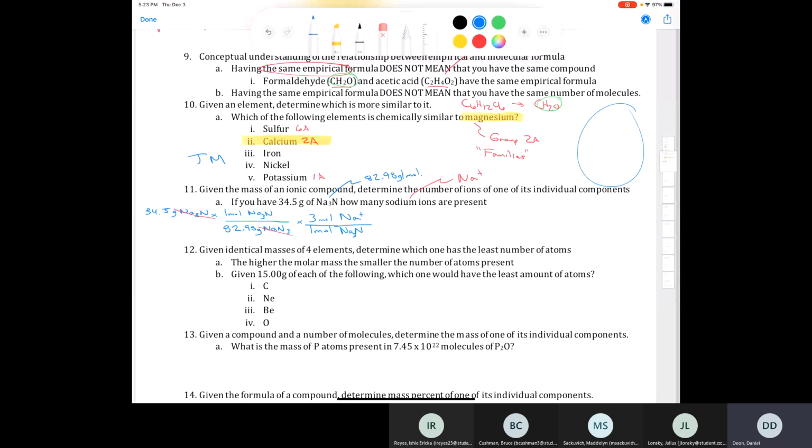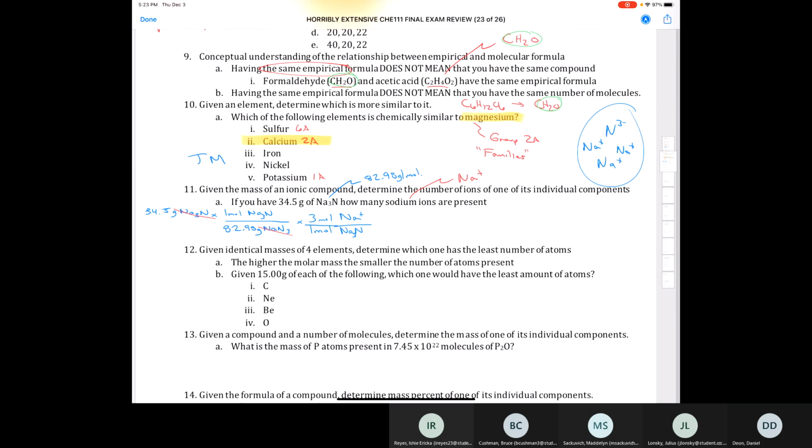Sodium nitride, what's it going to be made of? You're going to have the nitride ion, and you're going to have 1, 2, 3 sodiums. Now, this is not an accurate representation because it's an ionic compound, but whatever. You get my idea that you have 3 sodium cations for every nitride anion. Okay, well, that's great. Now we've got the number of moles of sodium, but it's asking us for the actual